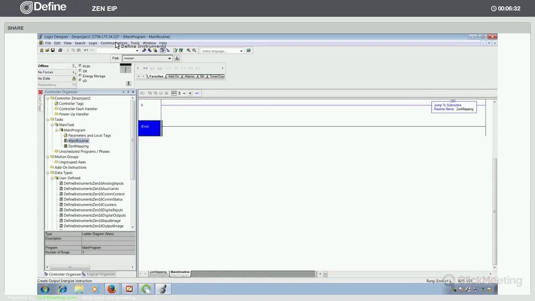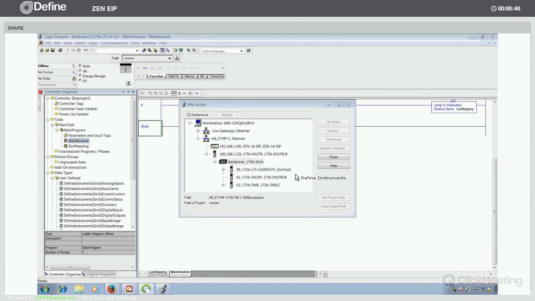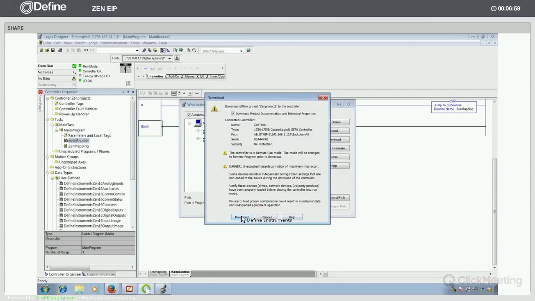This can be done by selecting Communications, Who Active. This will open the RSLinx browser. We can then browse the Ethernet network. So under the Ethernet bridge 129, it found a 4-slot backplane, and then we select the actual controller and select download. We'll be prompted to confirm the download,